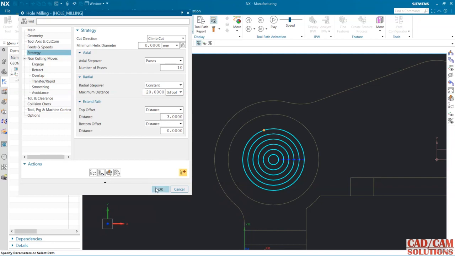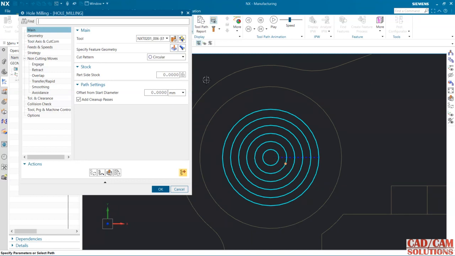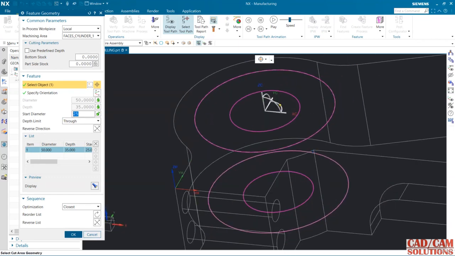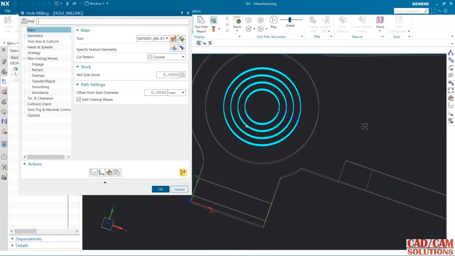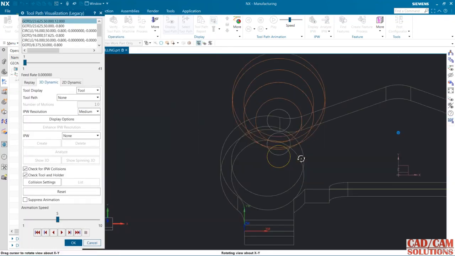Okay, in the second case, if we have any predrill here, at that time go to feature geometry, and here we can change this start diameter from geometry to user defined. And suppose I have a hole here with 25 diameter, so only this portion will be cut now. Okay, and just rotate it and you will see, and I'm using the same option. See, okay, and if we see the preview,